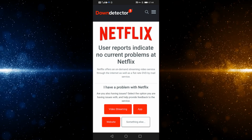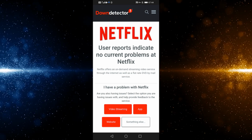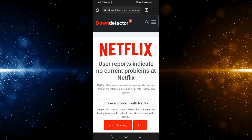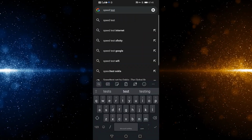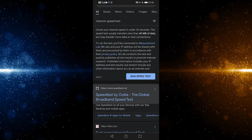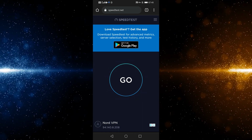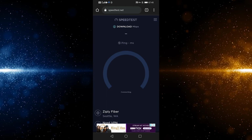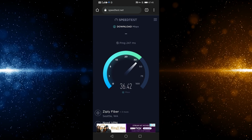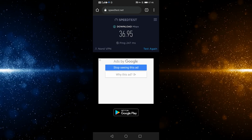If you're on this page and it shows there are no issues with Netflix, the next step is to verify that your internet is working correctly and that you have proper speeds. Well, I'd run a speed test. Again, just type in a speed test on Google and select the first search result, Speed Test by Ookla. It is a reliable site to test the speed of your internet connection. That's the second thing to check to make sure you have enough internet speed. If it is somewhere above 10 megabytes per second, you should really be able to watch videos without any problems. Please make absolutely sure your download speeds are good enough to view Netflix,